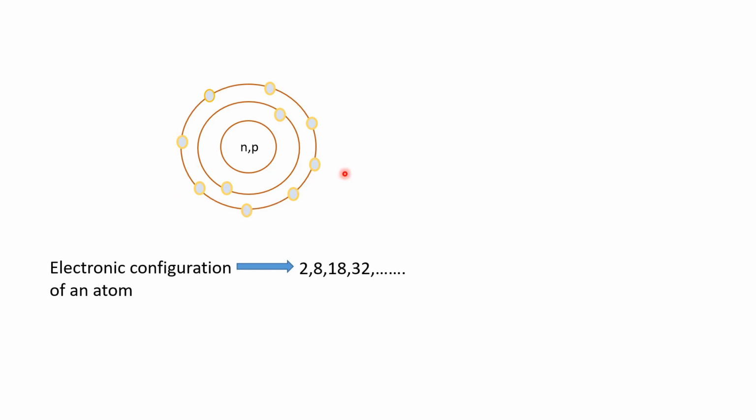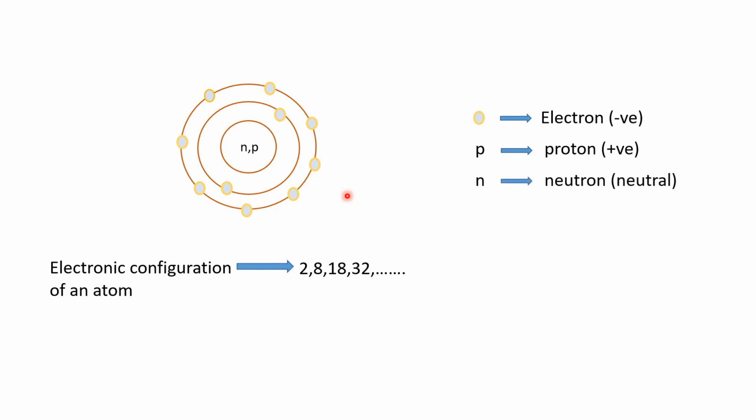Now let's see the relation between these members, these N, P and the electrons of an atom. What is the relation between them? So this is an electron which has a negative charge. P is the proton which has a positive charge, and N is the neutron which is neutral in charge. That is, it is neither negative nor positive. You can remember this by P for positive, N for neutral, and the rest, that is electron. You can remember it if you have remembered P and N, and the electron with negative charge will automatically come to your mind.